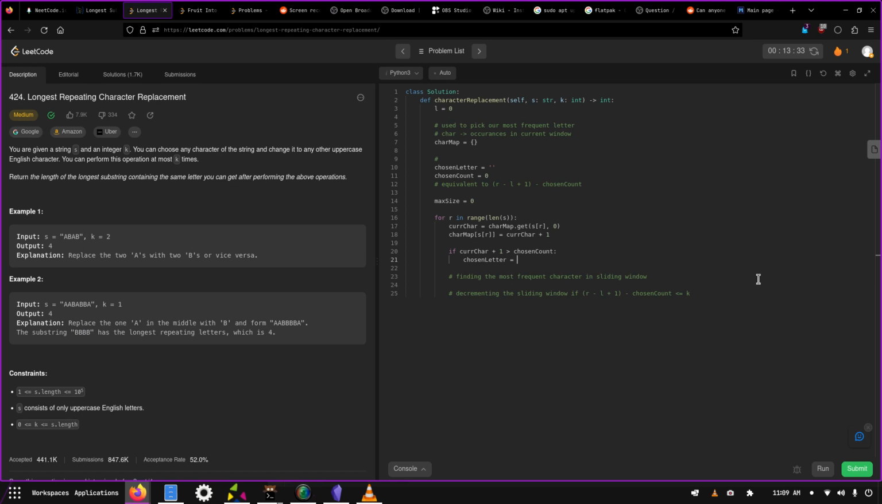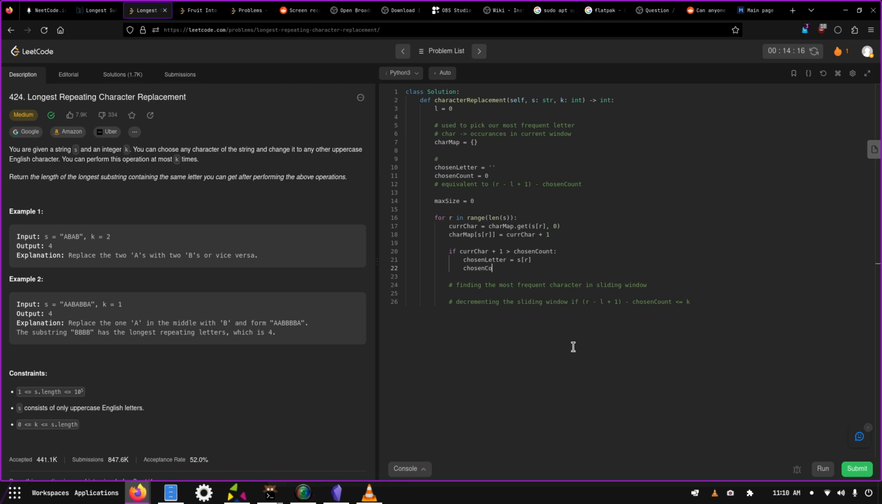chosen letter is equal to, I don't know if we actually even need this, now that I'm thinking about it. I'm gonna include it here anyway, and then I'll remove it afterwards if I need to. So chosen letter is equal to sr. I think we do. We might actually, because we have to increase our sliding window. We will see though. Okay, so chosen letter is equal to sr, and then